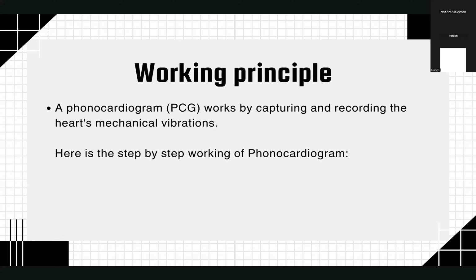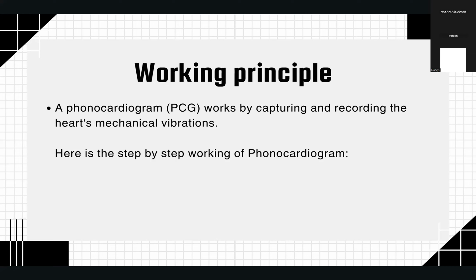So the first step includes sensing the sounds. For sensing, first of all, we have to sense the valve closures, and the valve closures include S1 and S2, the lub and dub sounds. S1 is produced by the mitral and tricuspid valves, and the S2 sound is produced by the aortic and pulmonary valves. Then the blood flow turbulence also has to be recorded, which is normally the whoosh sound that we get. If the blood doesn't flow smoothly, we get these extra sounds. These are also called murmurs. So these two kinds of sounds are of clinical importance.